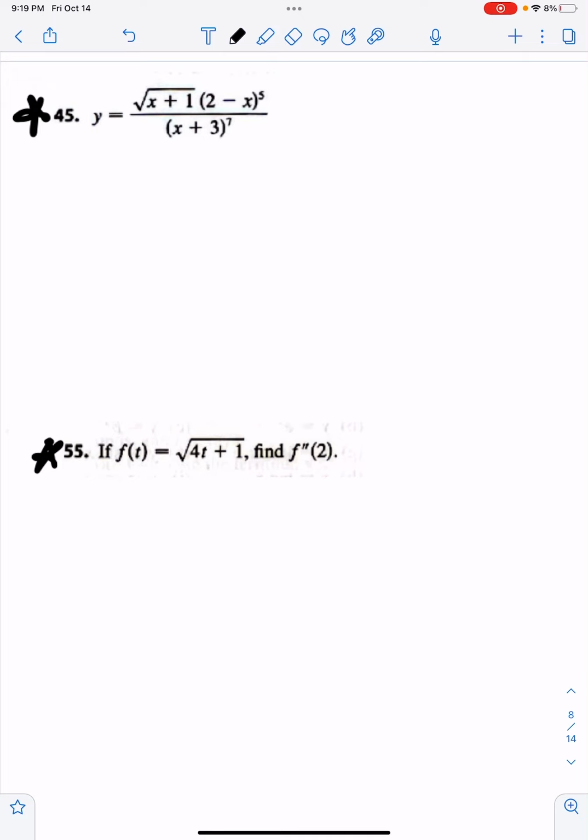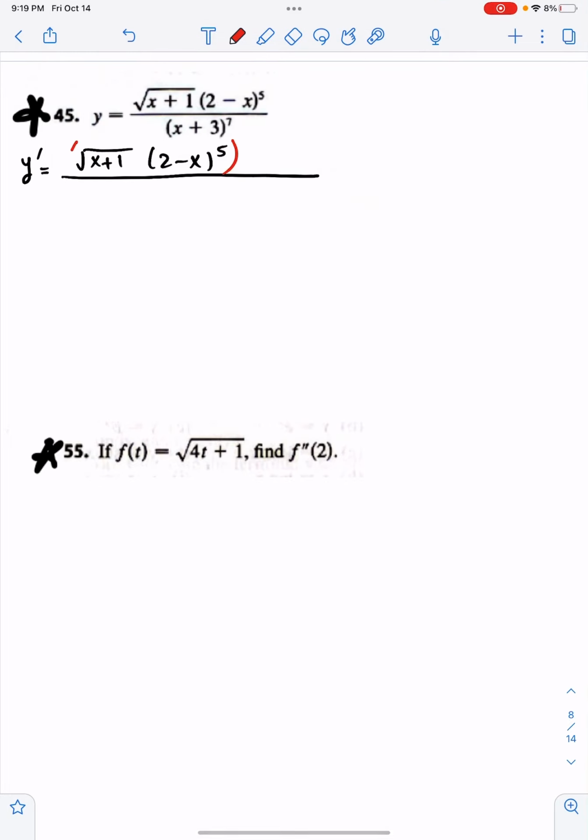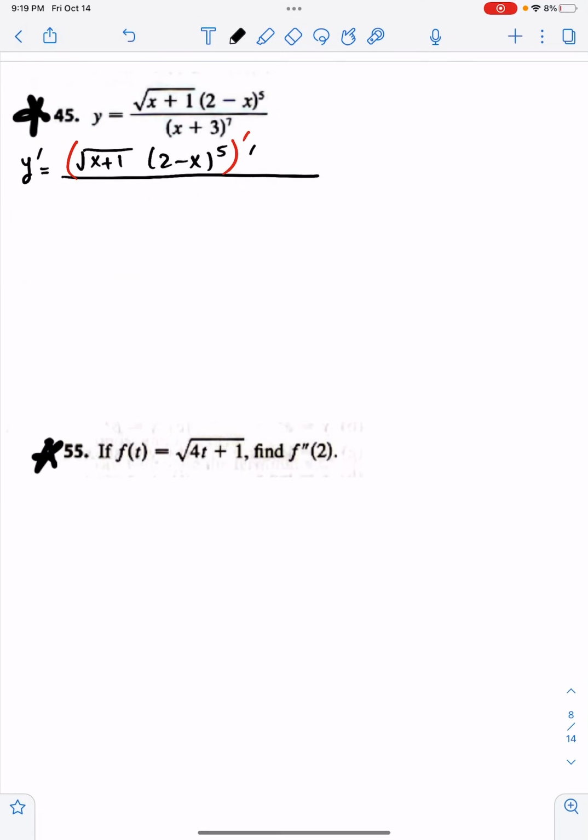Okay, so let's follow that idea. Y prime is equal to derivative of the numerator. So I'm going to write the numerator for now. Derivative of the numerator, which we're going to find, times the denominator, minus